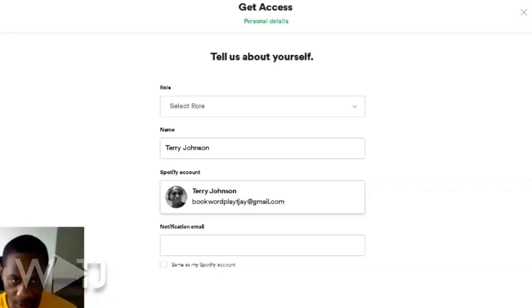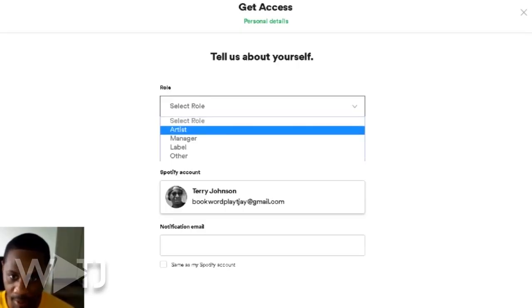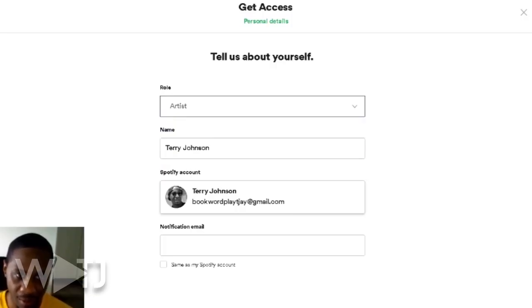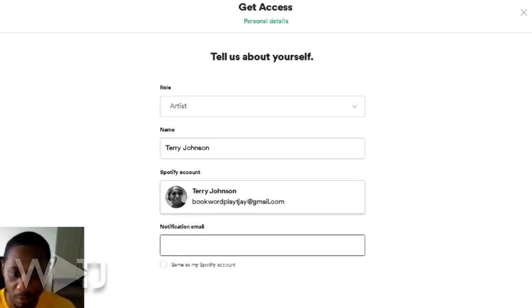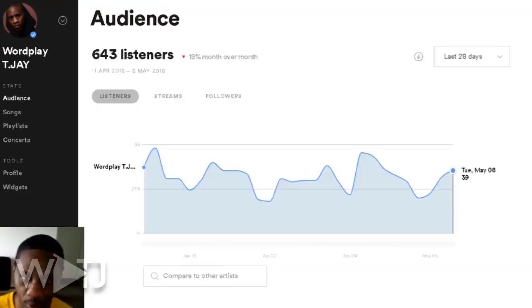So for the last part, you want to fill in your personal details and connect this whole interface with your actual Spotify account. You want to log in with that information so you actually have it connected to an email address that you use for Spotify. Once you have everything connected, it will go through a verification process. Everything will get solidified. You will be verified on Spotify, and then you can log into your dashboard to see